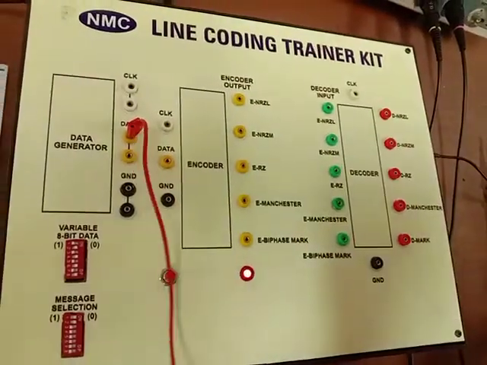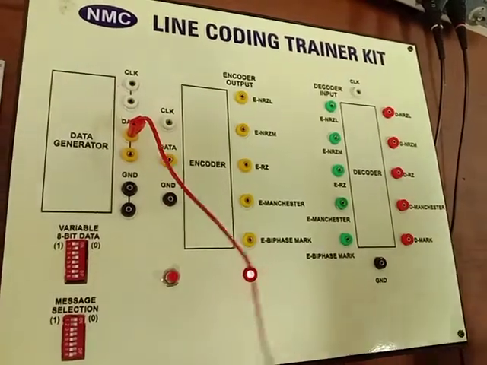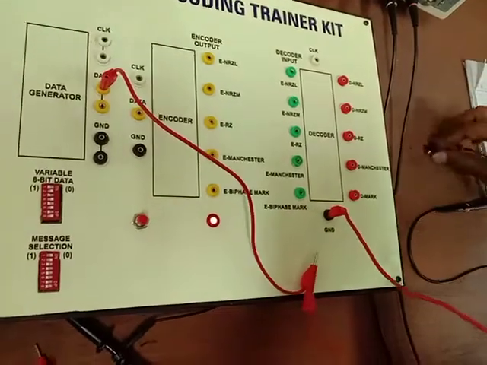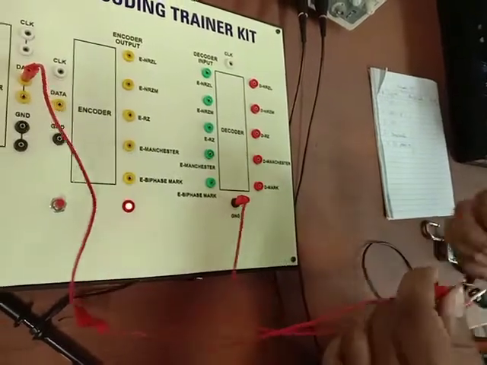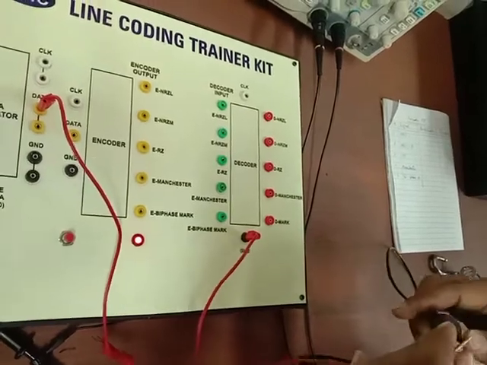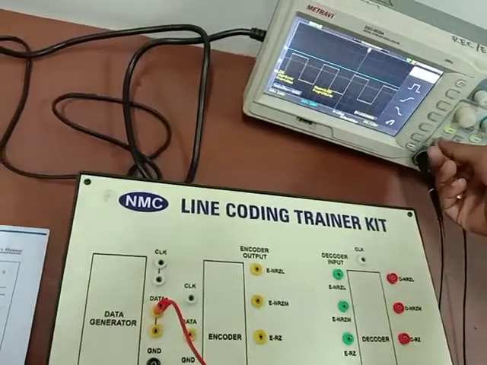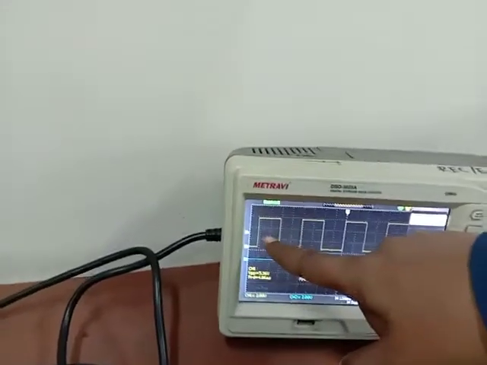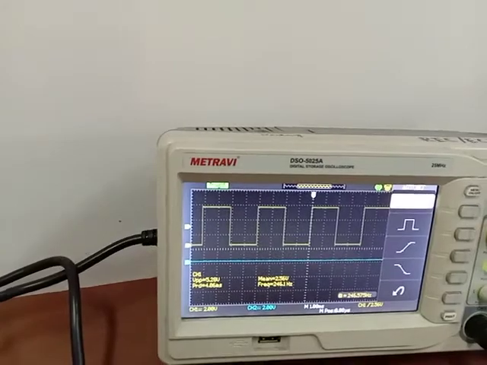This is the data part, and this is the ground connection. You can see that this is the output for 1 and this is the output for 0. This is our input data.